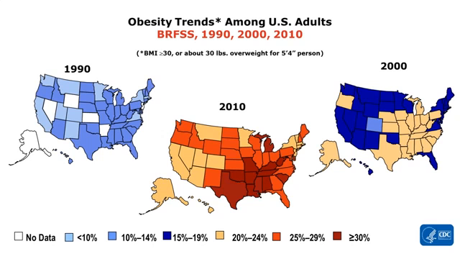So I think this slide actually is a really cool slide. I've been seeing this for several years now, first when I was in public health school, and then as a physician. And I think what it highlights is, with a 20-year time span, how the change in obesity amongst adults occurred in our country, which in 1990 was less than 10 to 14% of the adult population, to 2010, where we're seeing obesity in the adult population between 25 to greater than 30%.